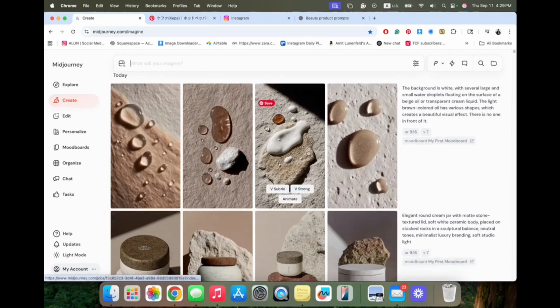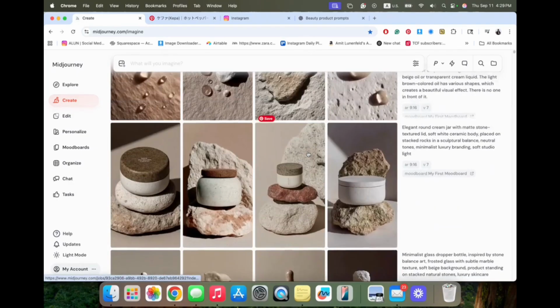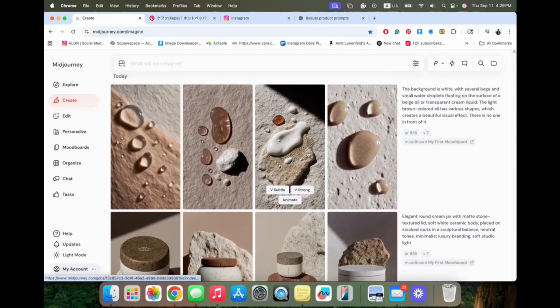Okay, so by now you probably know better how to use Midjourney to get better results. For model consistency and for people, I'm going to teach you in a different class, but we have one more thing here that you can definitely use.